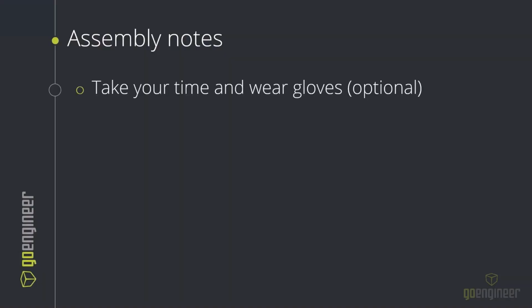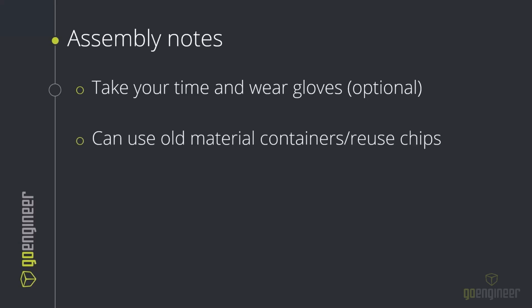Take your time when doing this. Once again, like with my desiccant packets, I want to make sure they don't get pinched. These metal canister housings are sheet metal, and I did get a small cut, so maybe wearing gloves is advised, or just be sure not to grab it where the lid is or where the sheet metal ends at a bend. You can use the old materials and reuse the chips on already purchased canisters, but